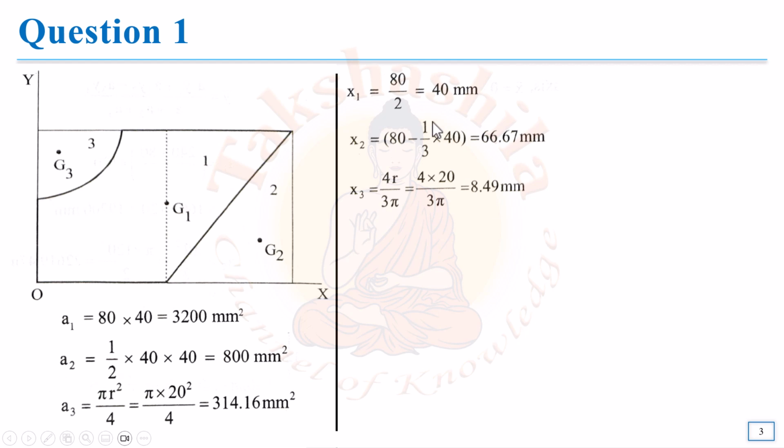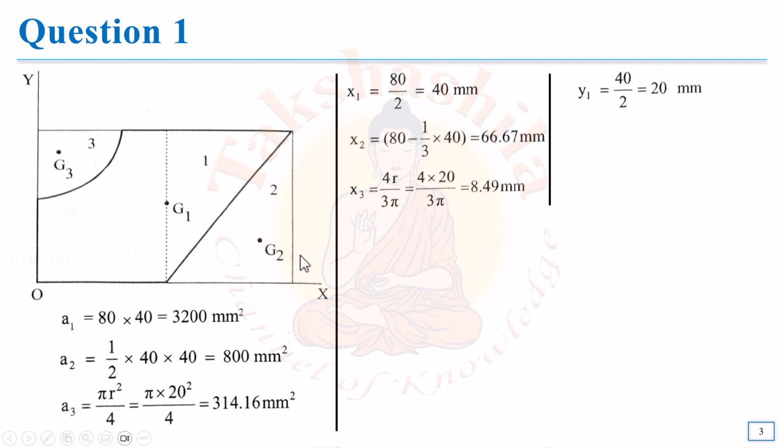Now what do we have to do? We have already calculated the xi's and Ai. Now we will be able to calculate x bar, but we also need to calculate the value of y bar. For that, what we need is the values of y1, y2 as well as y3 in this problem, right? So let us try to find it out first.